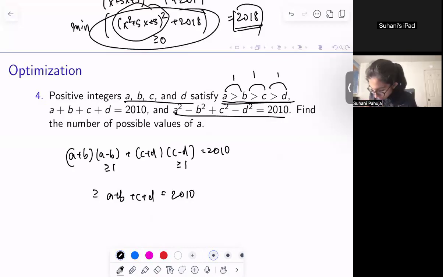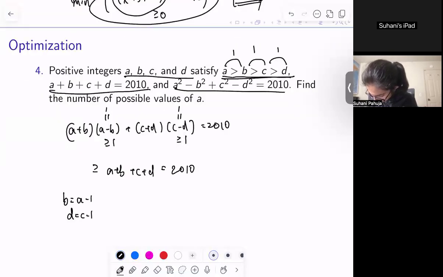So we want a minus b to be equal to 1, and we want c minus d to be equal to 1, which would mean that b is equal to a minus 1 and d is equal to c minus 1. And if we substitute these two into this equation right here, then we would get a plus a minus 1 plus c